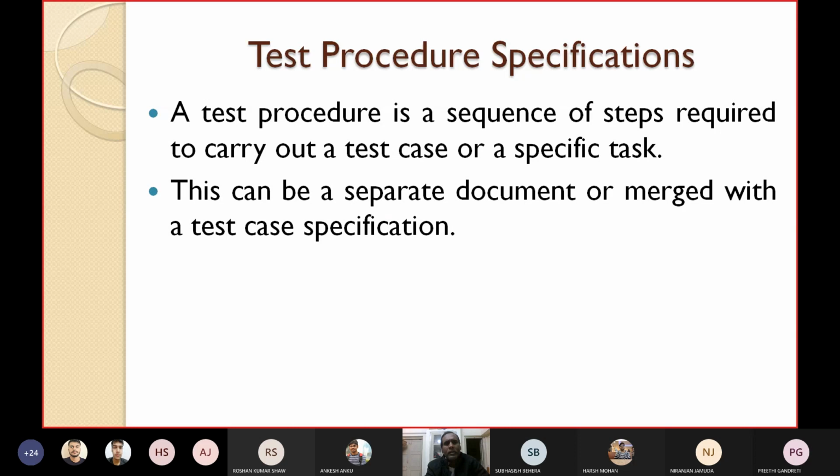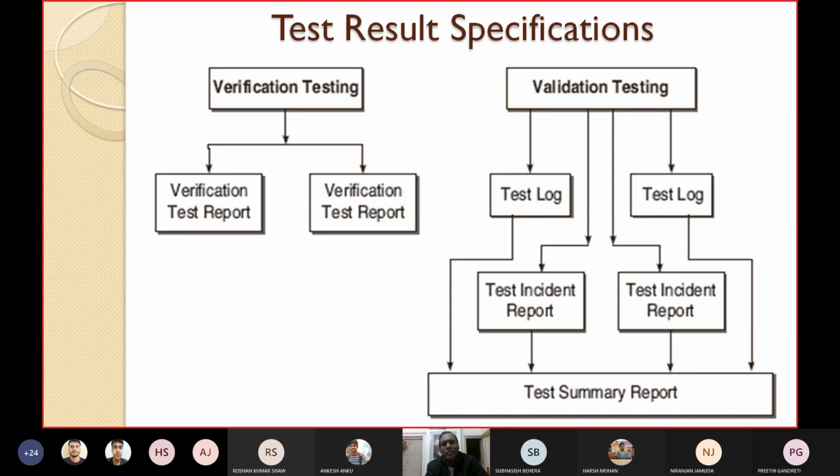Okay. Now this is the most important one, the test result specifications: how to specify the results of your testing process. If you are performing verification testing, how can you mention the test results? If you are following validation testing, how can you specify the results?